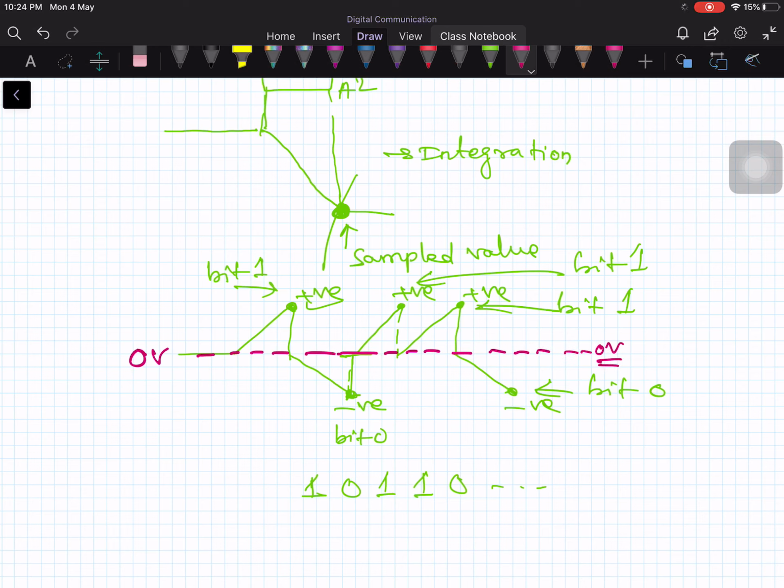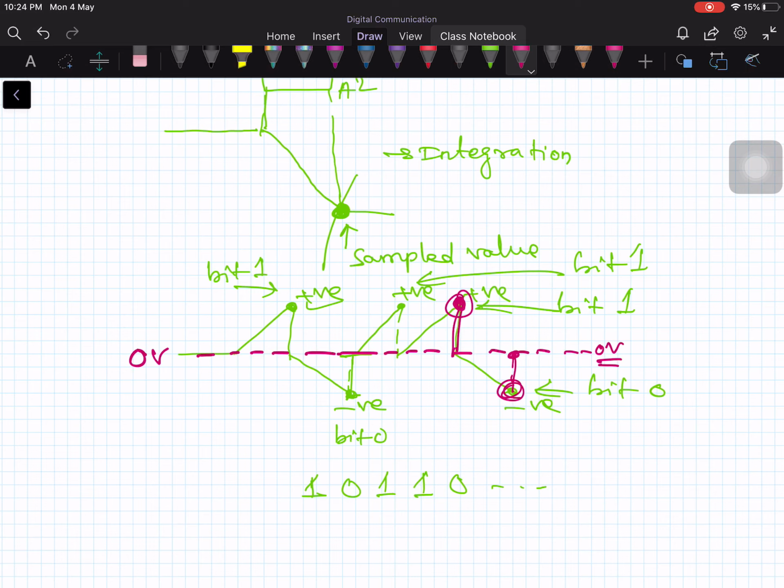0 volt. So once you reach this point, after sampling you bring back to 0. And here also, once you sample this value, bring it down to 0. So this operation is called a damping or dumping operation. That means you are ready for the next process. Therefore I must reinitialize the integrator back to 0 after sampling it. So once you do the sampling, I must reinitialize the integrator back to 0 value.